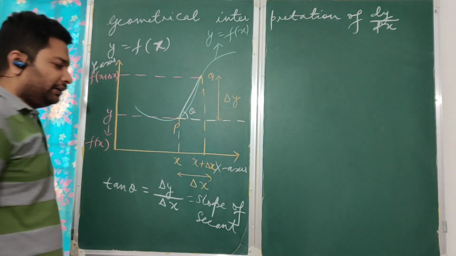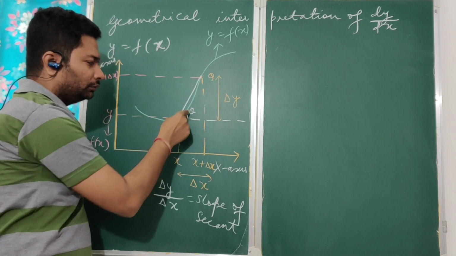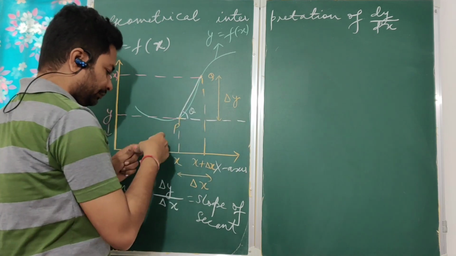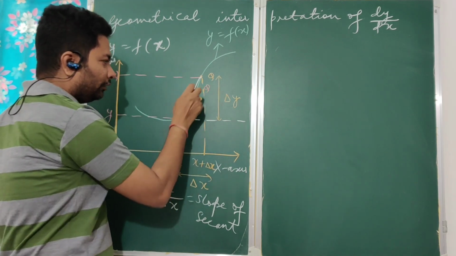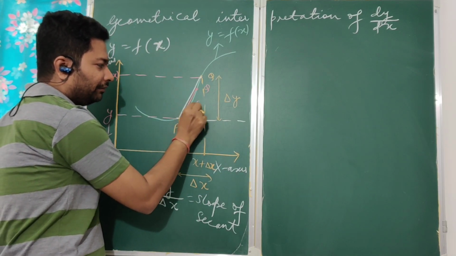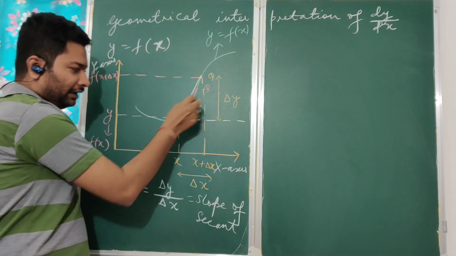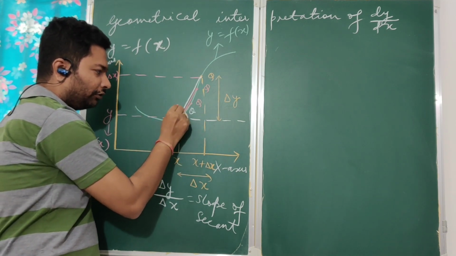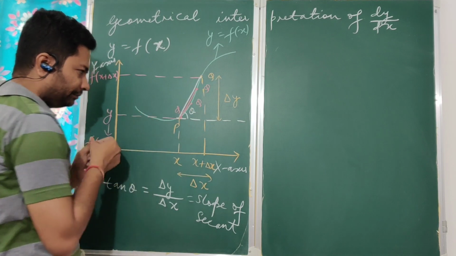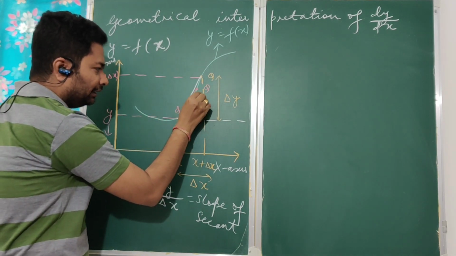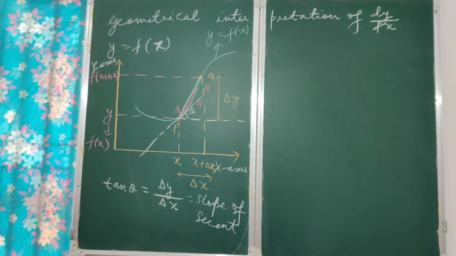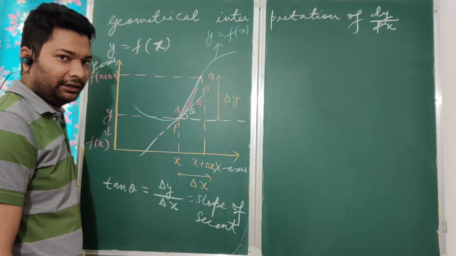Now imagine that you are shifting this point Q closer to P. So let us say at some instant of time this point Q has come here. So your secant will become like this. Similarly, after certain time this Q has come here, so your secant will become like this. Just imagine that Q has come almost here. Then this secant will almost become a tangent, a tangent at this point P. Are you able to understand this?